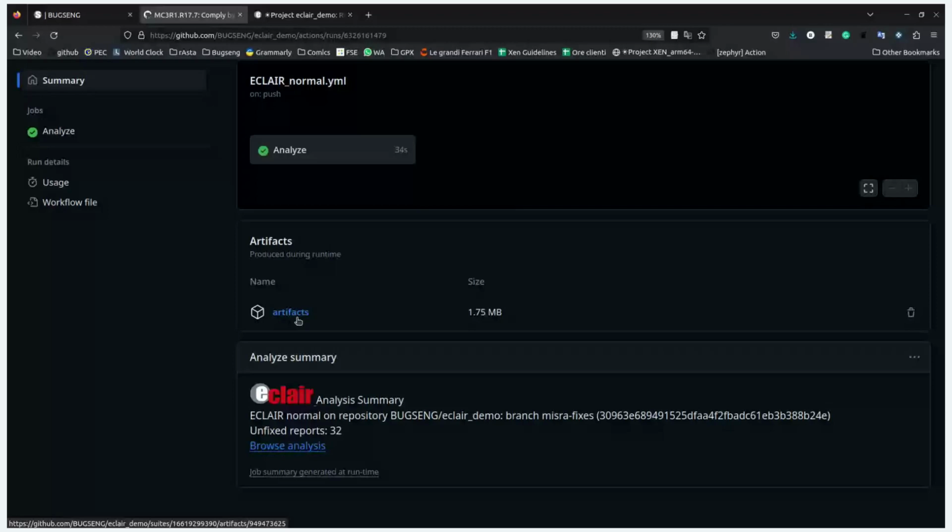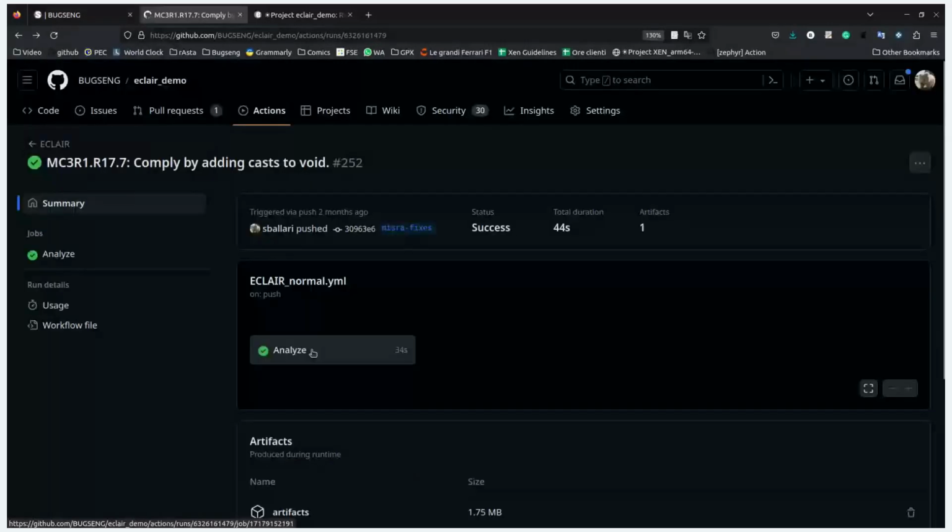But here we also have the same information about the analysis we have seen before, with a direct link to browse the analysis results as we did before. If I click here, I can see the logs of the analysis if I need to see something special. And if I go back,